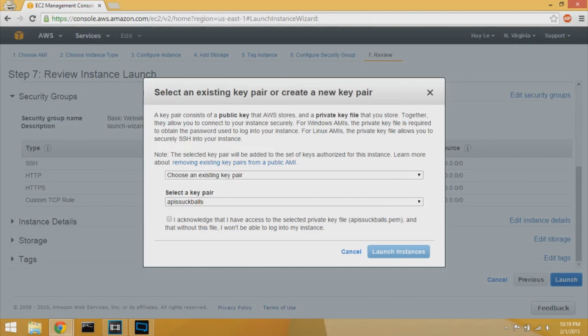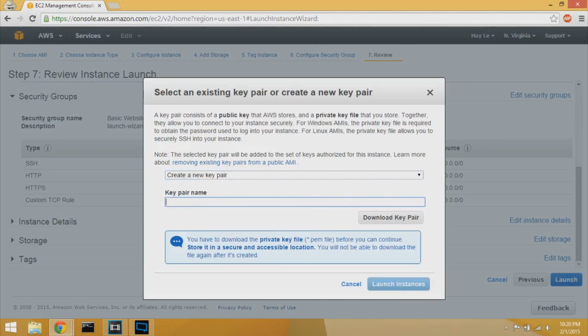You just have to use it to confirm that you are the guy who can enter this or connect to this virtual server. So you create a key file and you basically send that key file while you're connecting via SSH to connect to the server. So we're going to create a new key pair and just call it website,